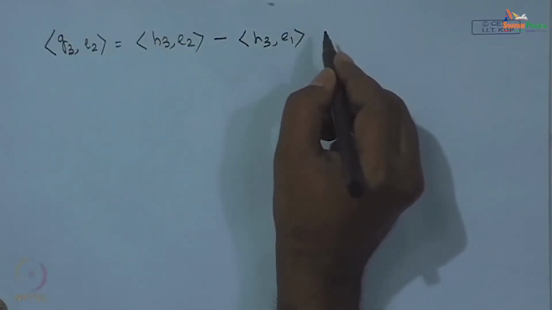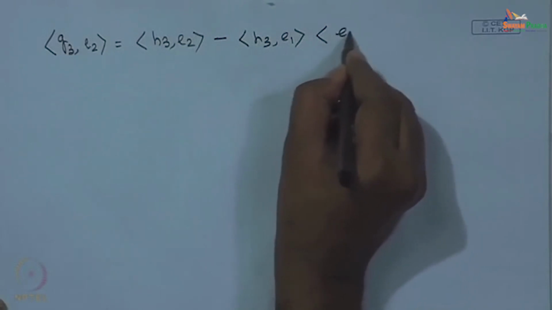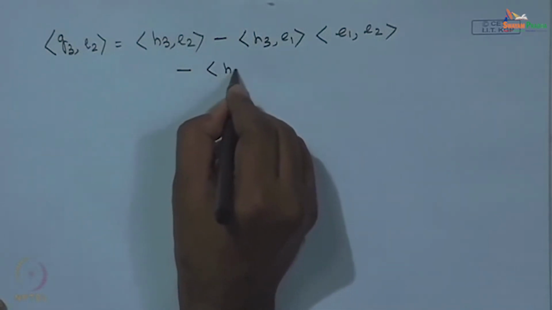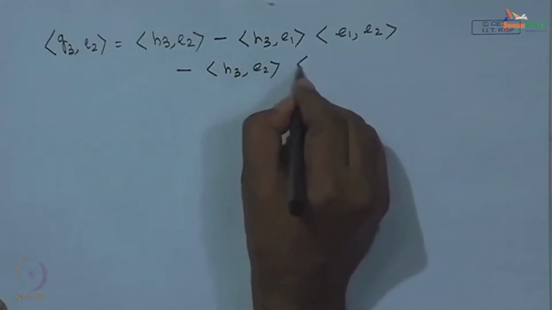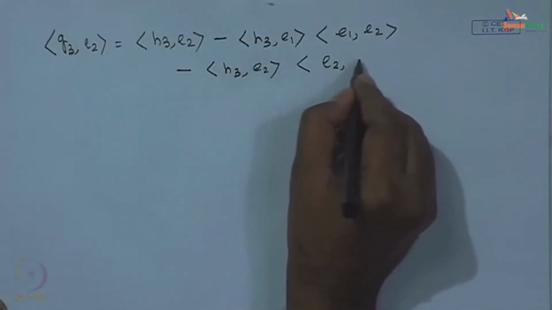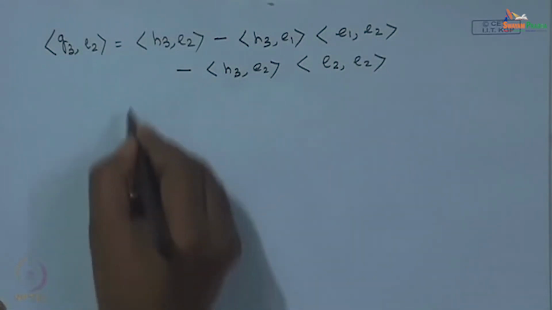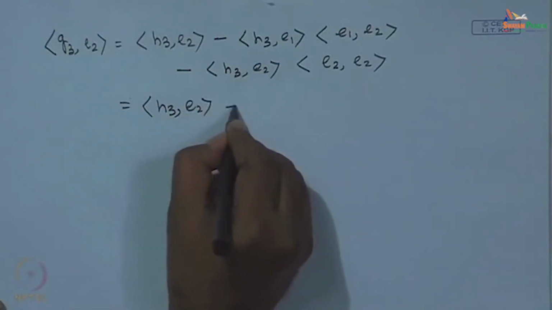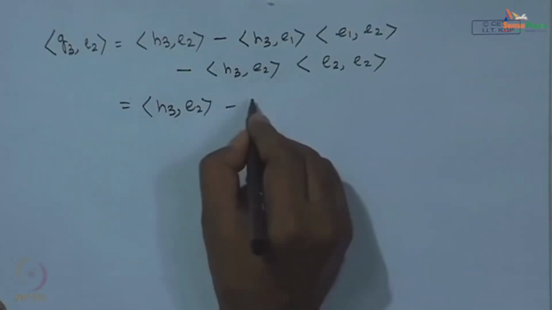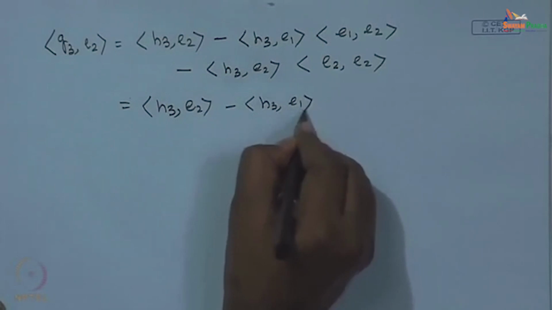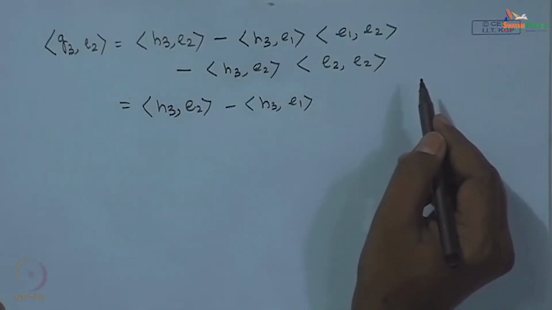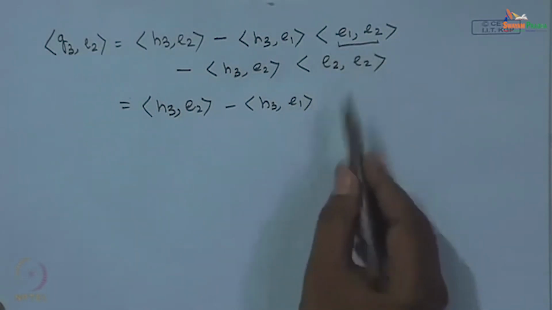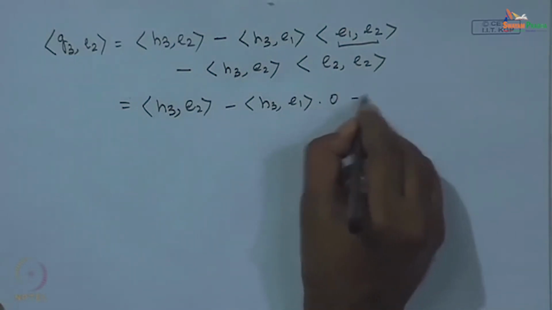So, this will be inner product between H3 and E1 multiplied by inner product between E1 and E2, minus inner product of H3 and E2 being a scalar will be taken out, and this will be inner product of E2 and E2. So, let us see what we get. This is inner product of H3 and E2 minus inner product of H3 and E1, and we have already said and proved that E1 and E2 are mutually orthogonal to each other. So, therefore, inner product of E1 and E2 will be equal to 0, this will be equal to 0 minus inner product of